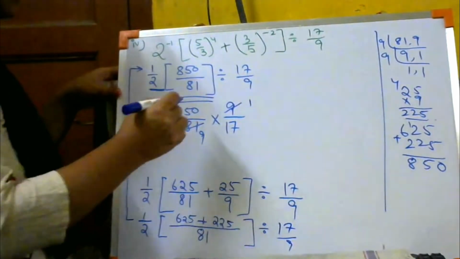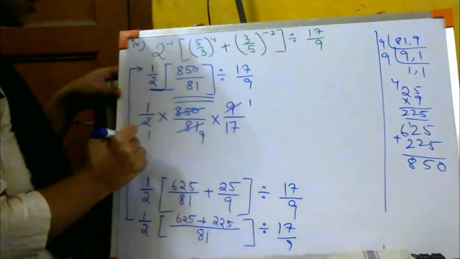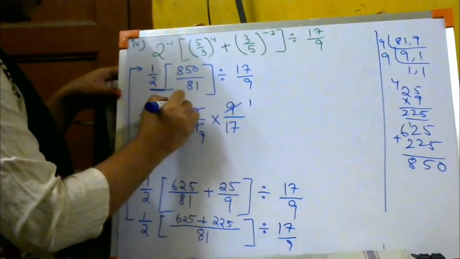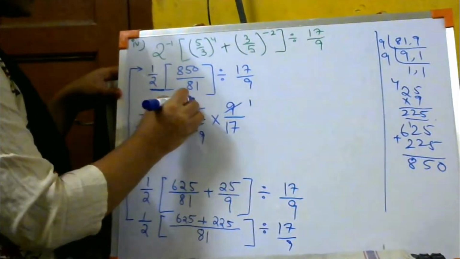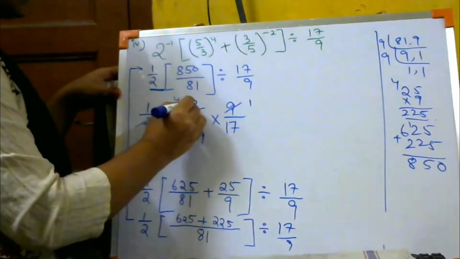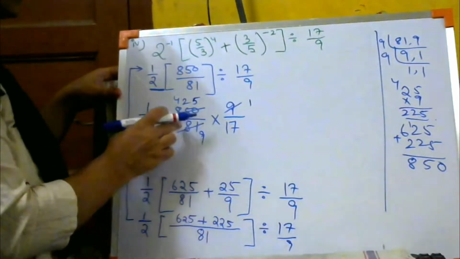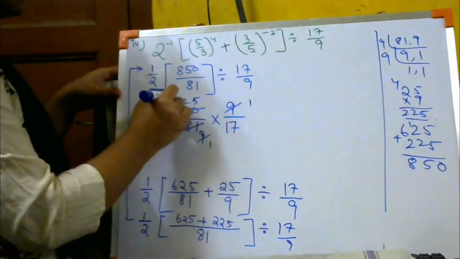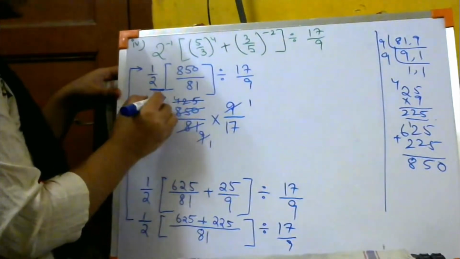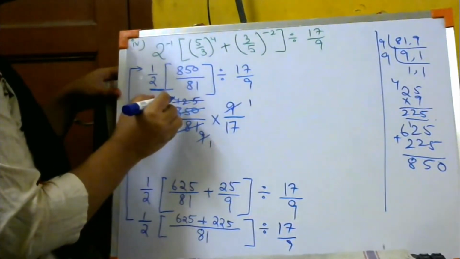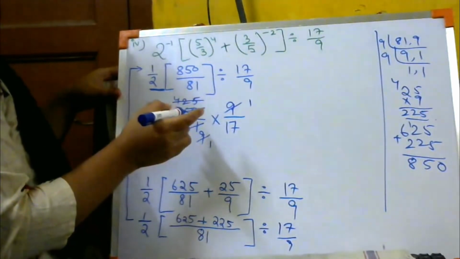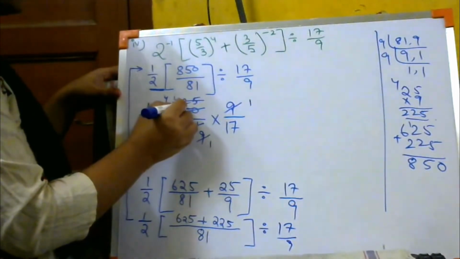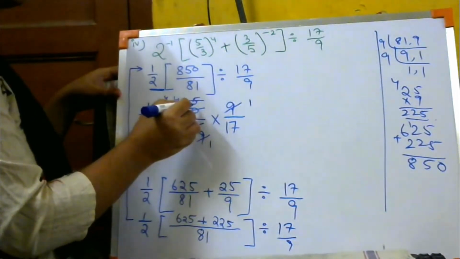So 2 ones are. Let us do over here with 2. 2 fours are 8. 2 twos are 4. 2 fives are 425. Let us see with 9. 9 ones are, 9 fours are 36. 9 fives are 45. So 9 fours are 36. So it's going to come 65.